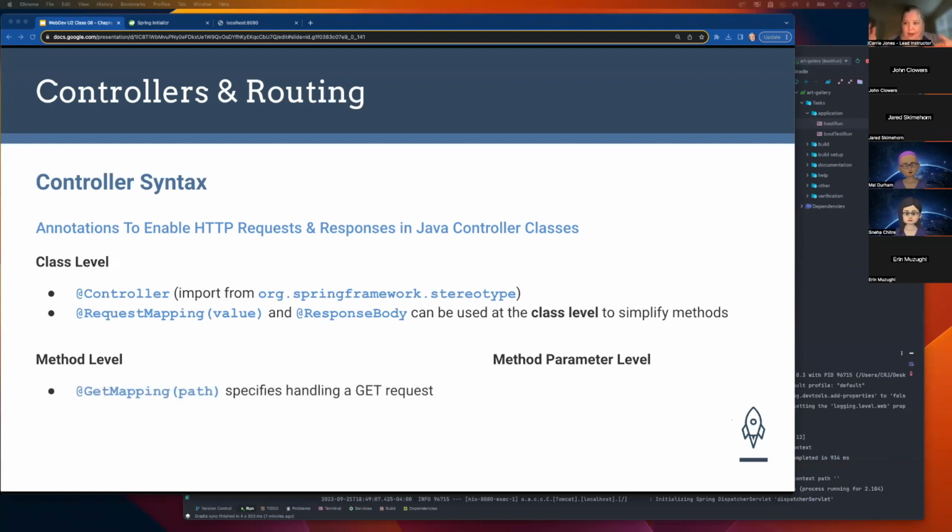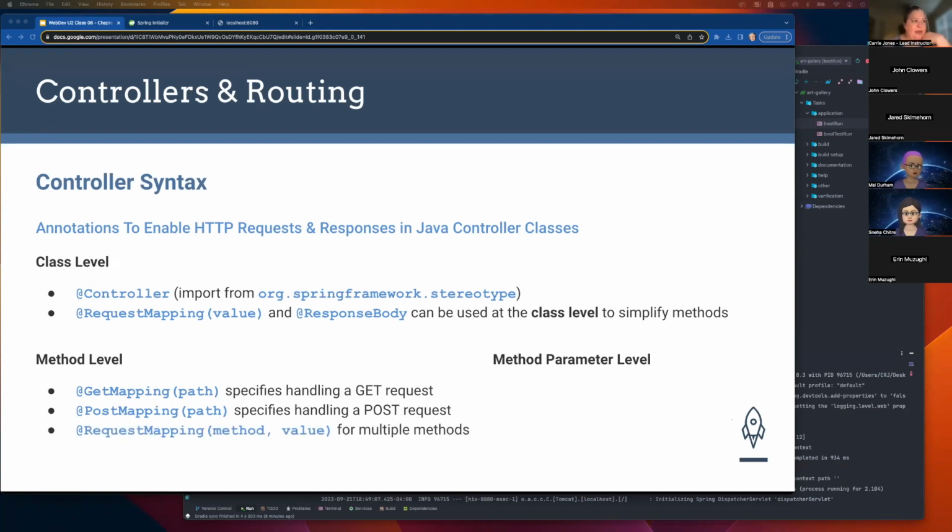But then at the method level, you might write a specific method to handle a request for just one route, like slash artworks. You can have get mapping and give it slash artworks as the path that it's supposed to handle. You could have post mapping. Let's say we have an add form and we want to do slash add or slash artworks slash add. We would give it that path and it'd say, okay, we're going to have a form and it's going to submit these things. We're going to use the post method. So we're going to write a Java method that is going to handle that specific request for that specific path. Then you can use request mapping if you need to be able to handle multiple methods with the same